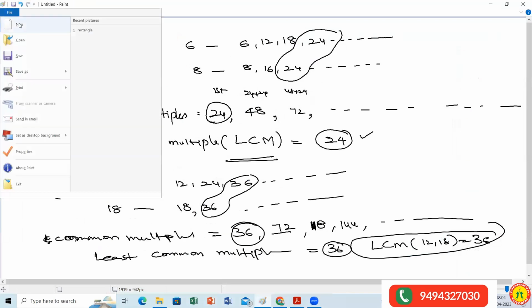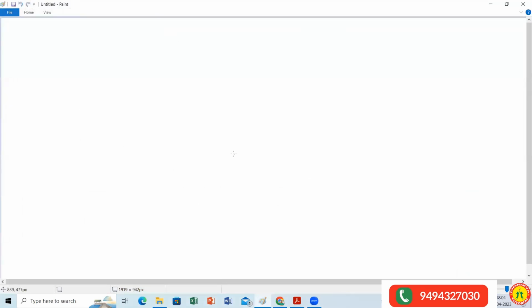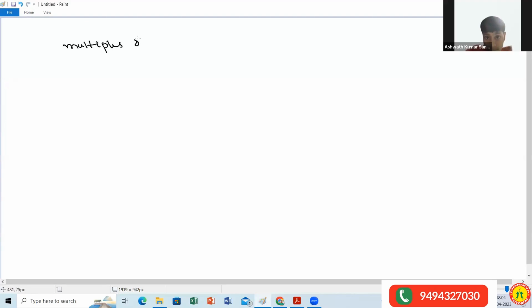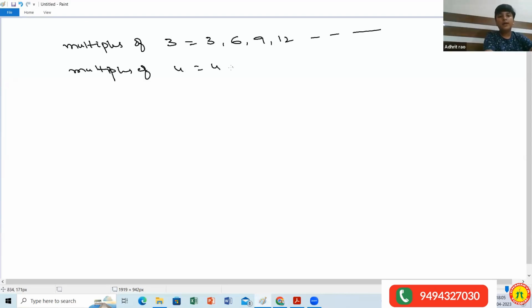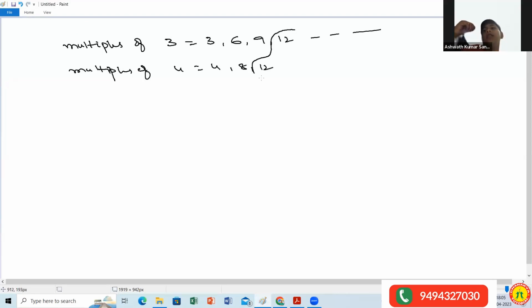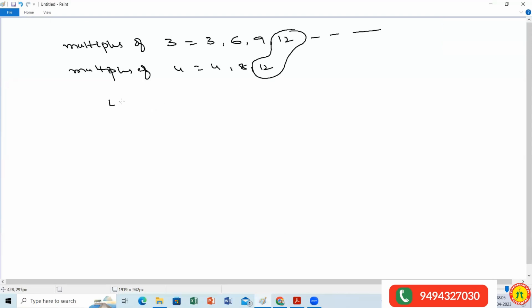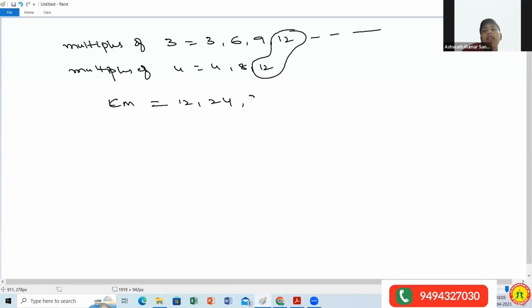So, common multiples of 3 and 4. What are the multiples of 3? First you have to write multiples of 3: 3, 6, 9, 12, and so on. Multiples of 4: 4, 8, 12. So which is the least common multiple? 12. The common multiples are 12, 24, 36, 48,